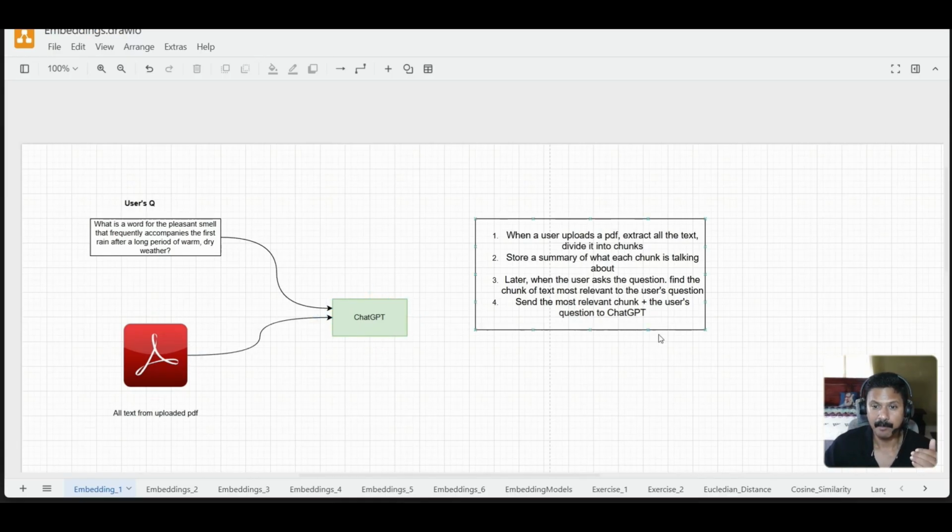Now, what would happen here is that when a user uploads a PDF, all that text would be extracted and it would be divided into chunks. And a summary of each chunk would be stored. So it's not the chunk per se that would be stored, it is a summary of the chunk that would be stored. And later, when that user asks the question, which is essentially this, what is the word for the